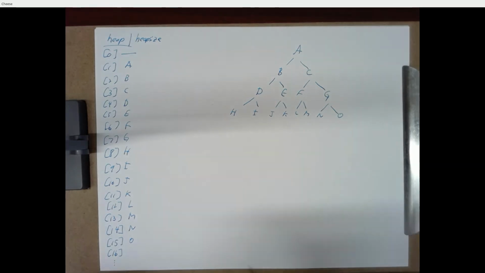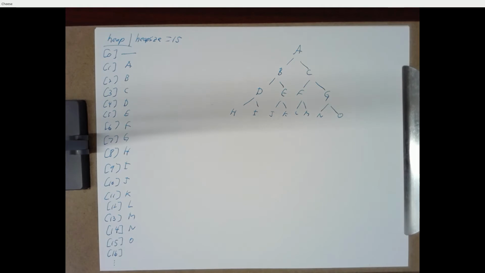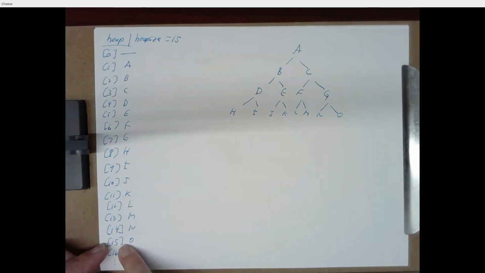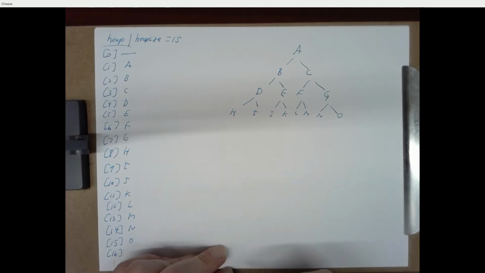So heap size is 15. I'm using heap size to be the number of things in our heap, since we're not using 0. In this case, heap size is actually the index of the last element. So we don't have any of that minus 1 business that we always see with arrays in C. Okay, so what's the advantage of doing this? Well, if we have a node I,